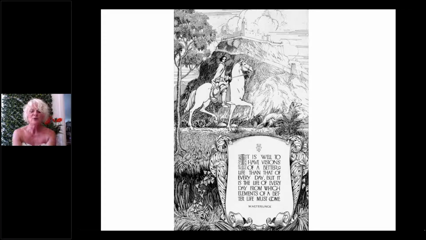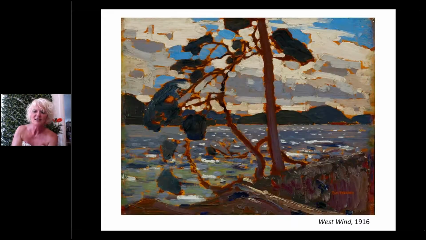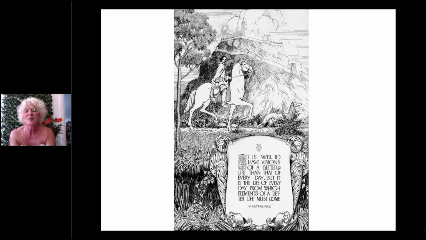When he was at GRIP, he would meet people like Lismer, who will become important in the group of seven and the development of his ideas. But when you look at images like this, it's hard to believe that he would create eventually images that look like this. He always loved fishing, and his family read a lot of poetry, and there's a lot of nature poetry that would have been popular during his time period. But that he became such a chronicler of the Canadian wilderness is sort of surprising.